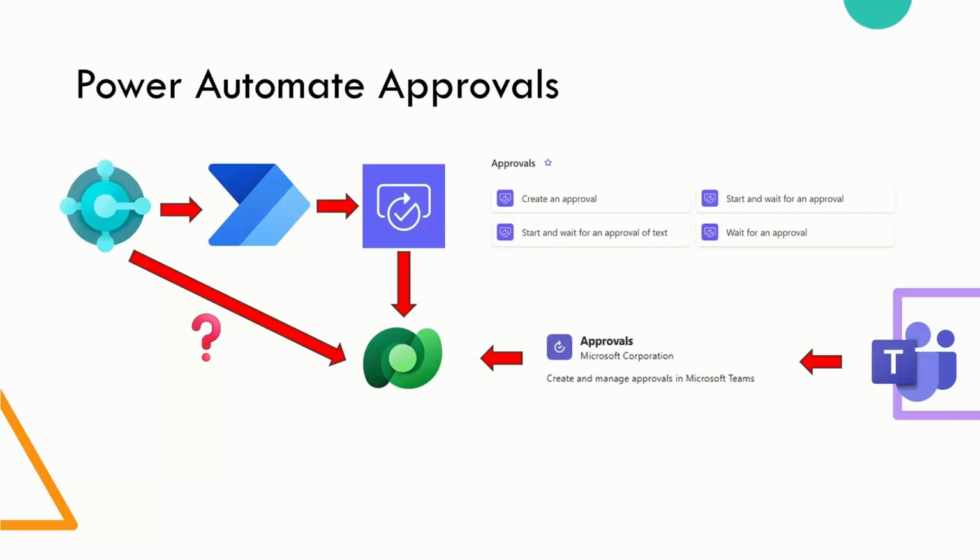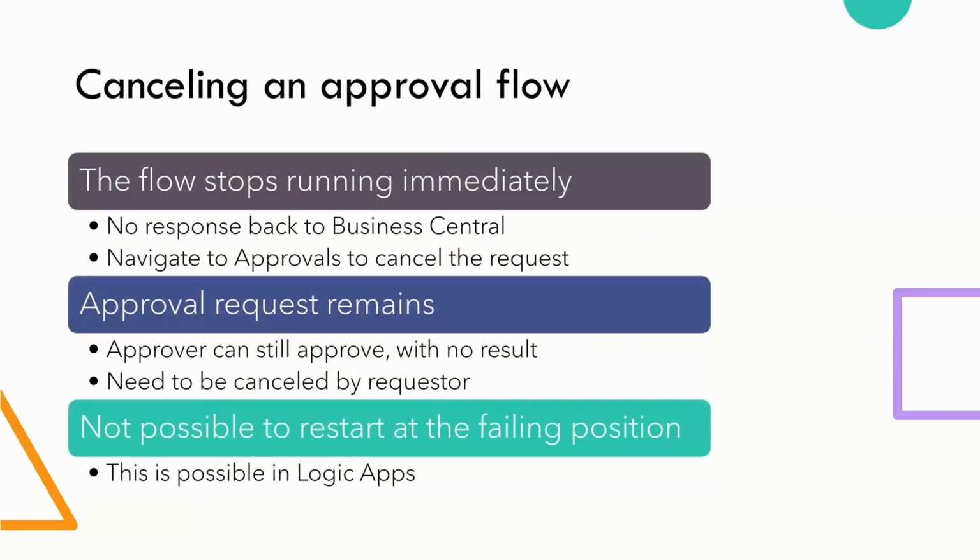So I'm going to do some more work on it, and maybe in the second half of this year I have a solution for it that hopefully I can even persuade Microsoft to start using it. So having said that, what I just explained to you is this, just in one slide, canceling an approval flow.